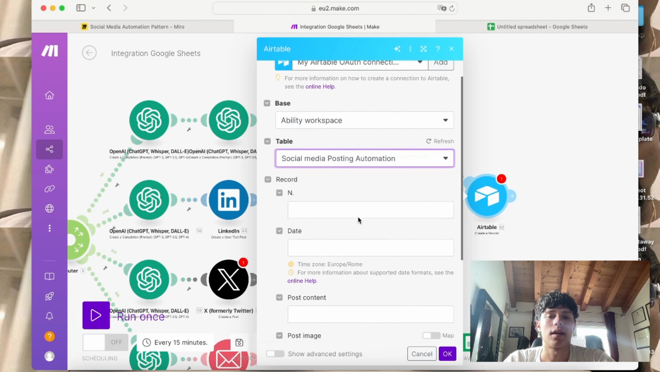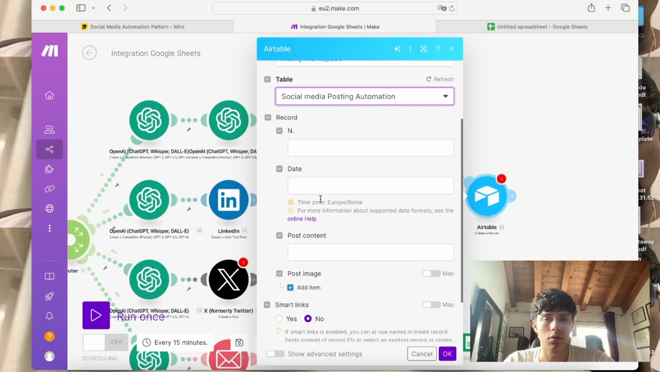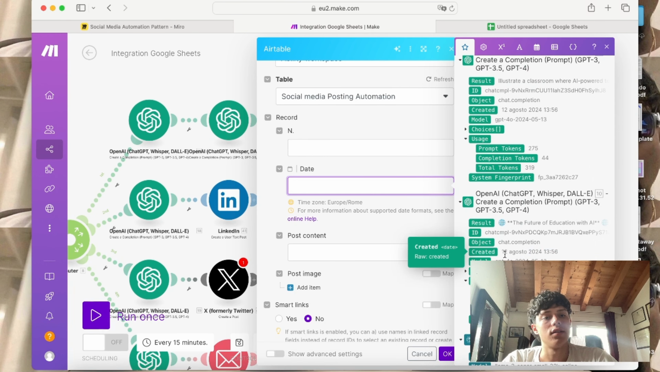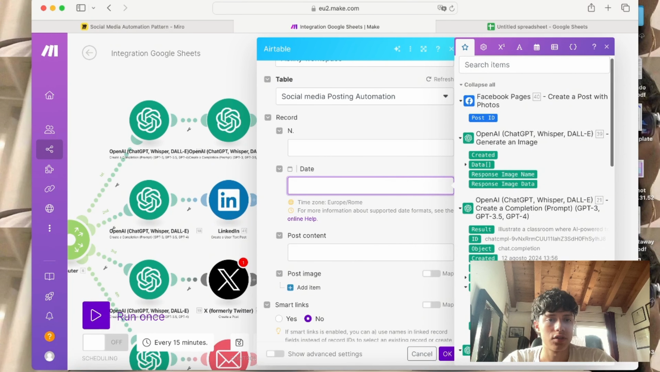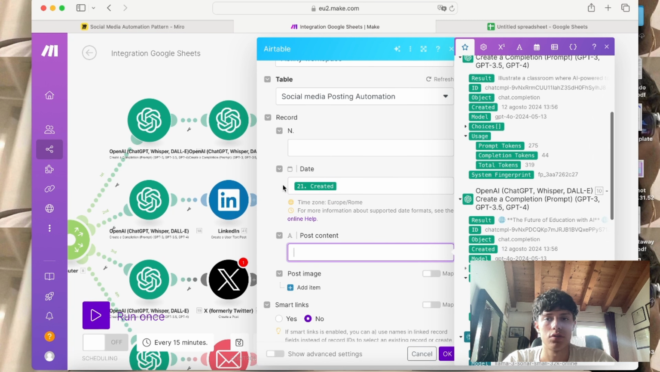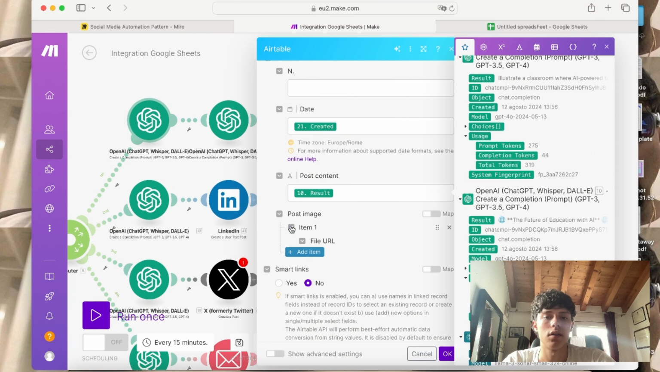But this is the number of the post, and it's going to be filled automatically from our table. For the date, you can choose just whatever of the ones that are stored in the previous ChatGPT compilation. So I'm just going to drag and drop this one right here. For the post content, you're gonna need to choose the first one, and for the post image you will need to hit add item right here,